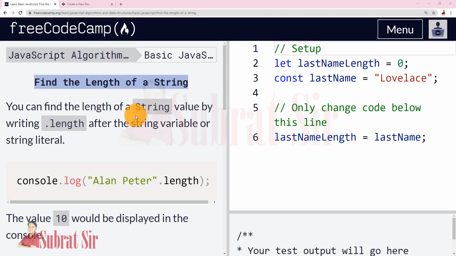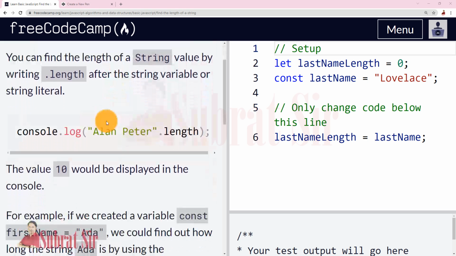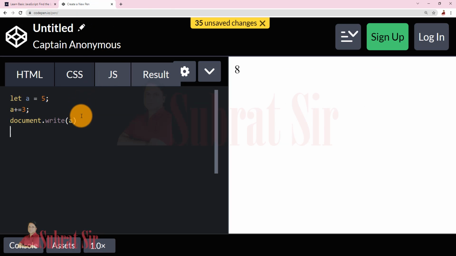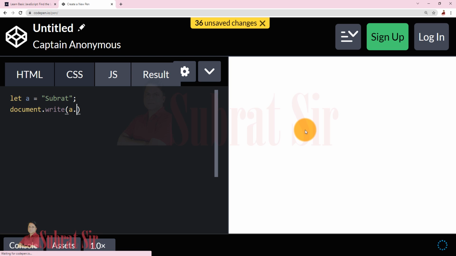How to find the length of a string. The length of a string can be found with dot length. Let us see. Let a equal "Subrat" and document dot write a dot length.